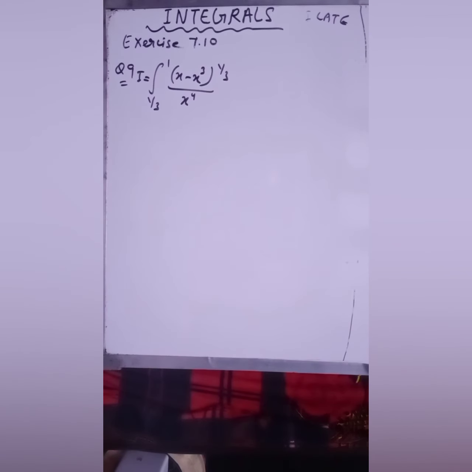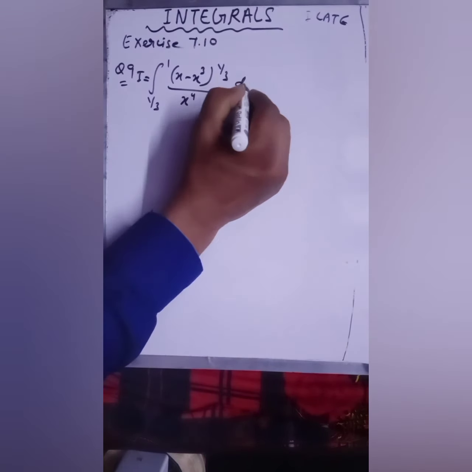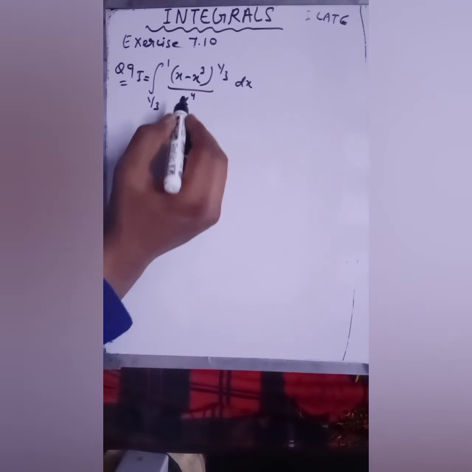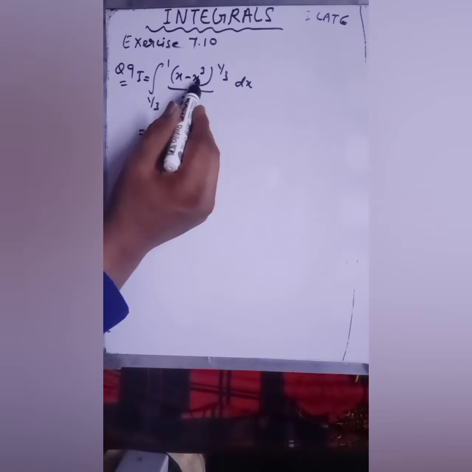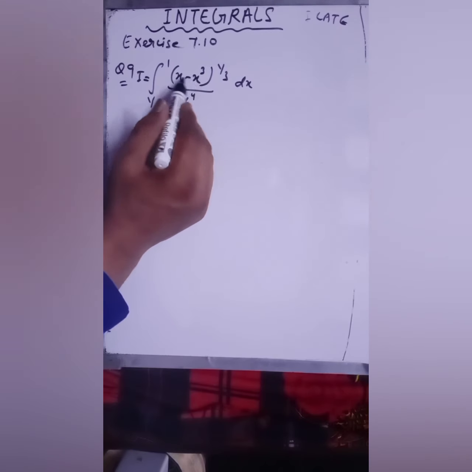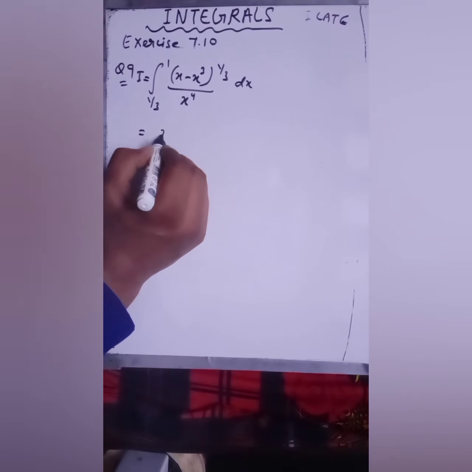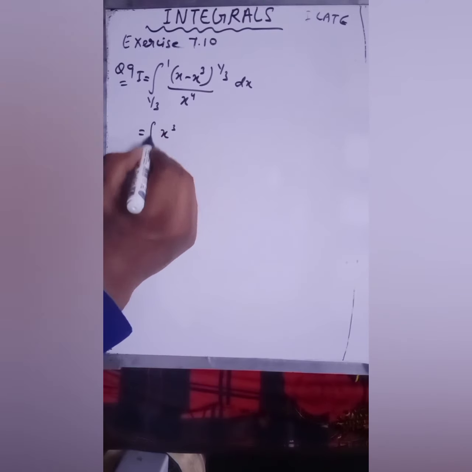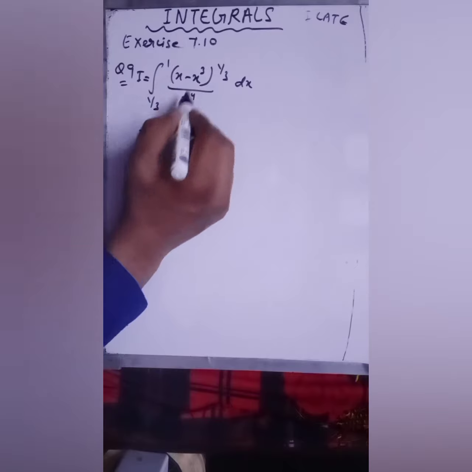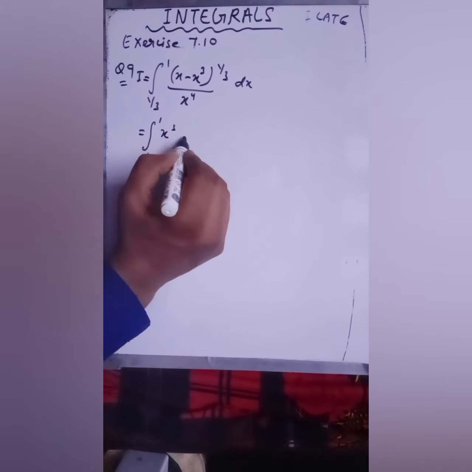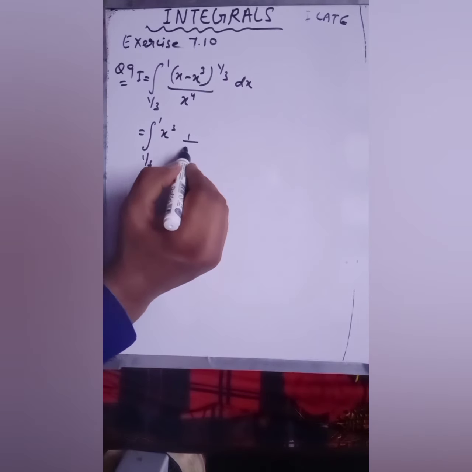Now see children, here I am solving question number 9, okay, of the same exercise. So this question is given to us and we have to find the integration of this. So from this data, what I am doing, I am taking x cube as common from the numerator part. So when you take x cube as common, here I am writing the integration sign with limits. When you take x cube as common from this part, you will get 1 over x square